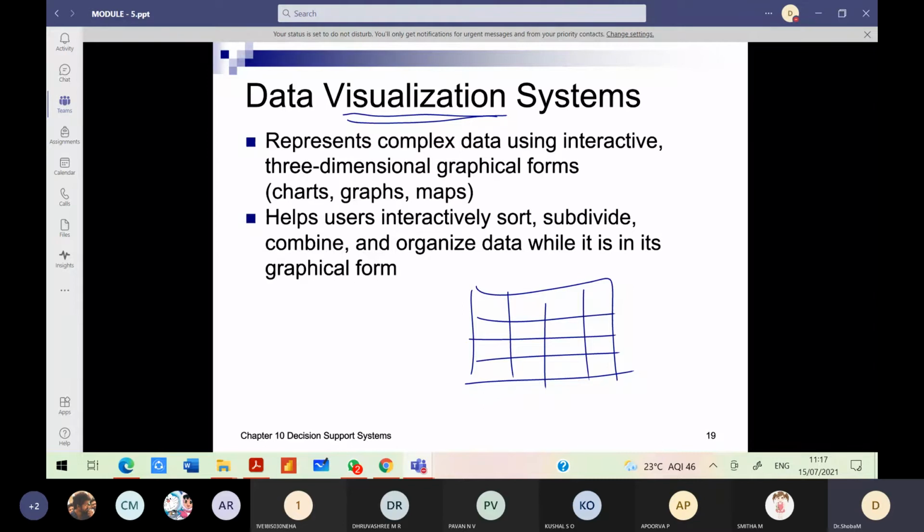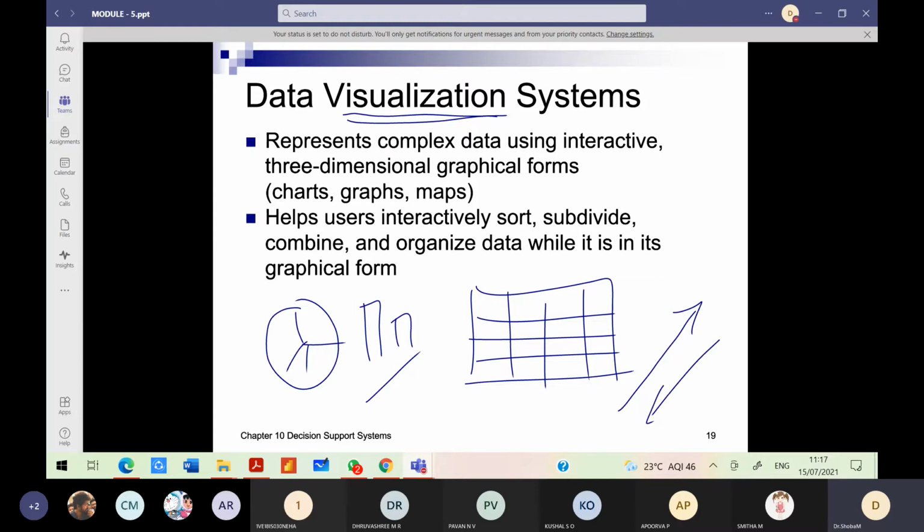But had it been a case where those millions or trillions of records are displayed in a very graphical manner, maybe a pie chart with beautiful colors, or a bar graph or line graph, depending upon what kind of data we are handling. In fact, we can see the trend line also, whether the important parameters or the dependent variables are improving consistently, or whether they are declining as well.